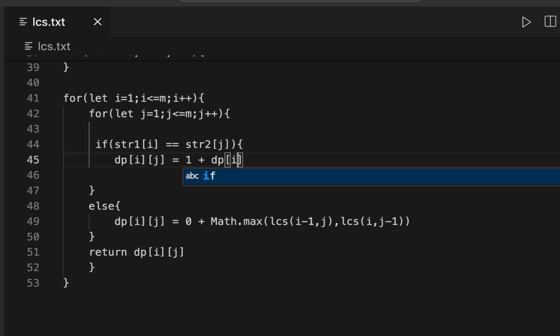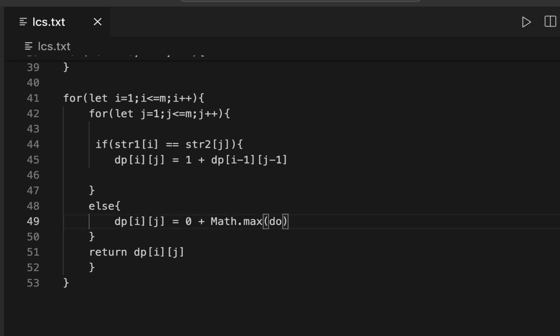And in the other case it will not be LCS now, basically the same with DP. So DP of I minus 1 comma j,